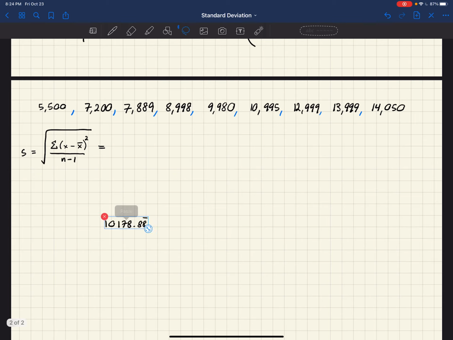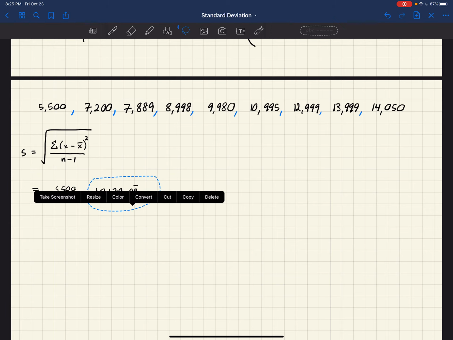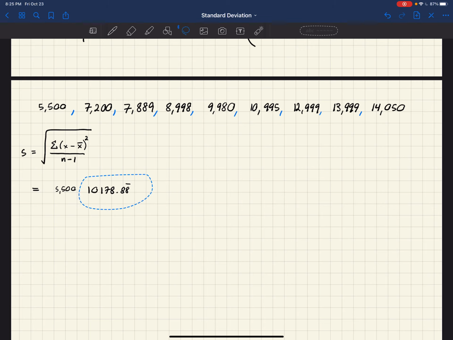Okay, we are going to do a lot of writing right now. So I'm going to put this equal sign below so we have a little extra space. What we're going to do is take the first data value, 5,500, and subtract